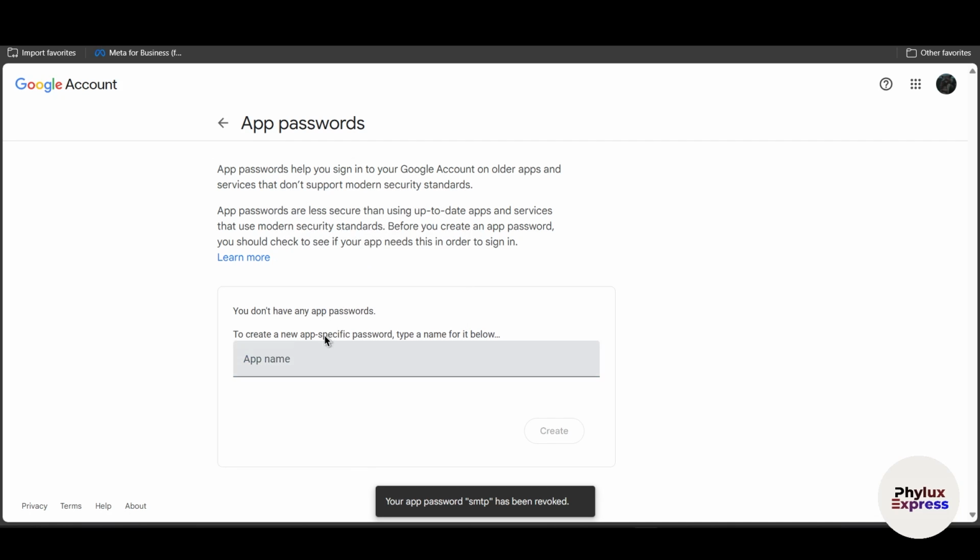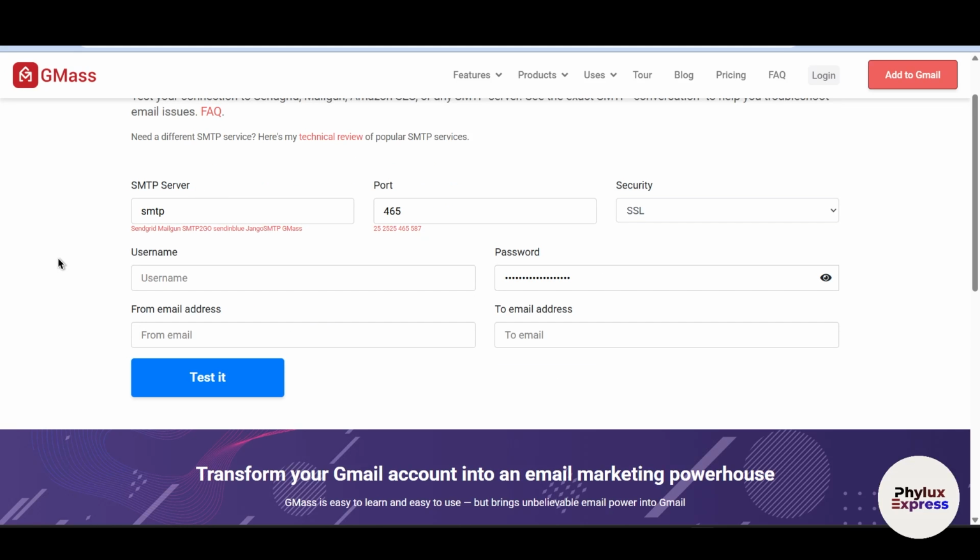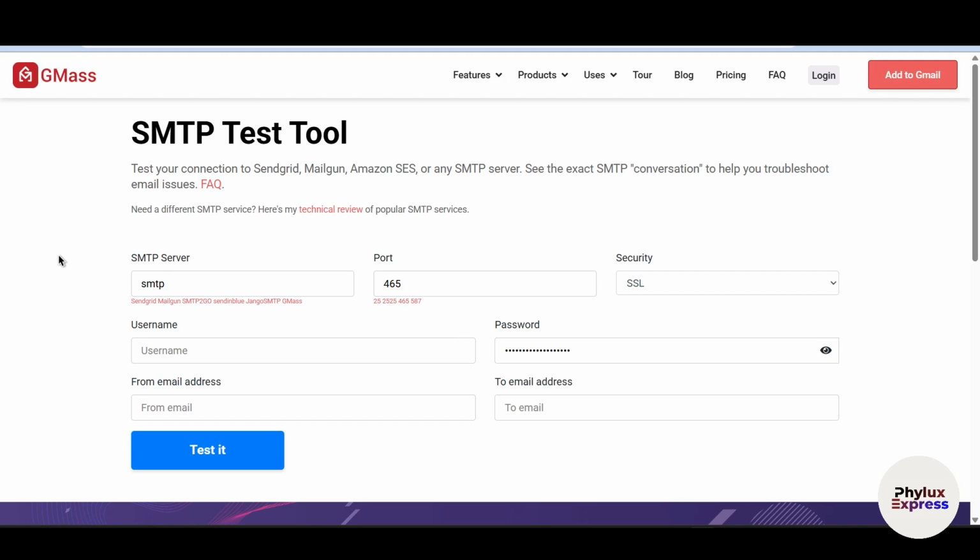Now after entering the name of your app, just simply click on this create button. This password should be secured, so I'm not able to show you. So just simply enter the name and click on the create button. Something will pop up in front of you. Copy that password. So I have copied my password, and after that you have to go to gmailmas.co,